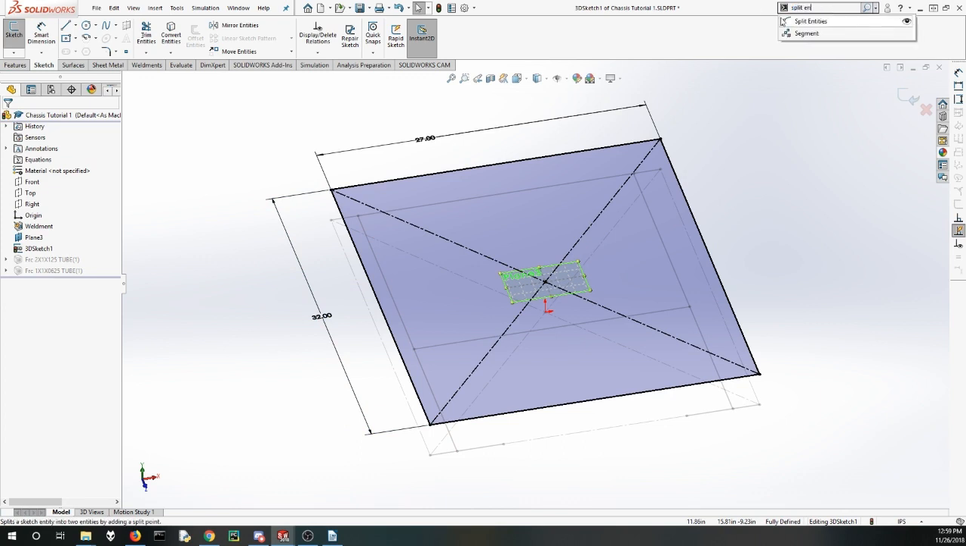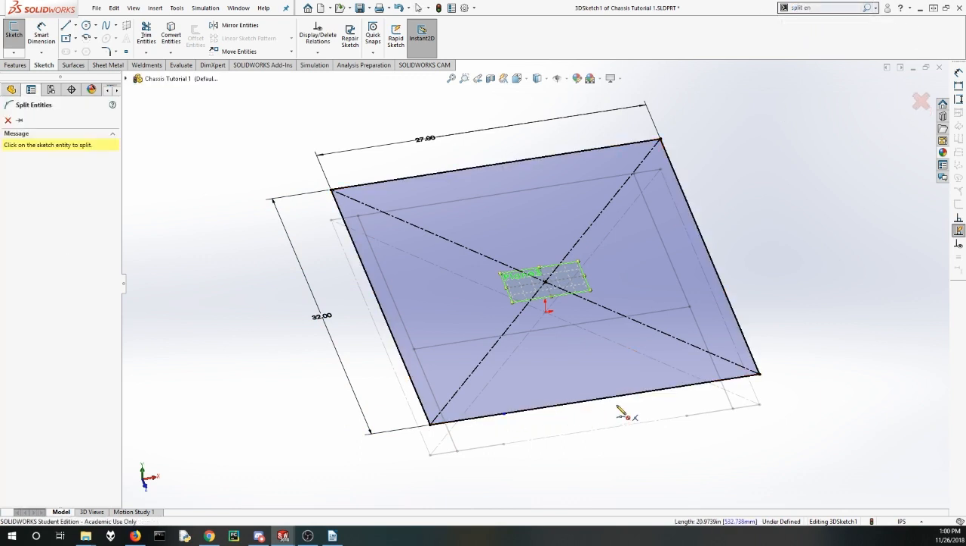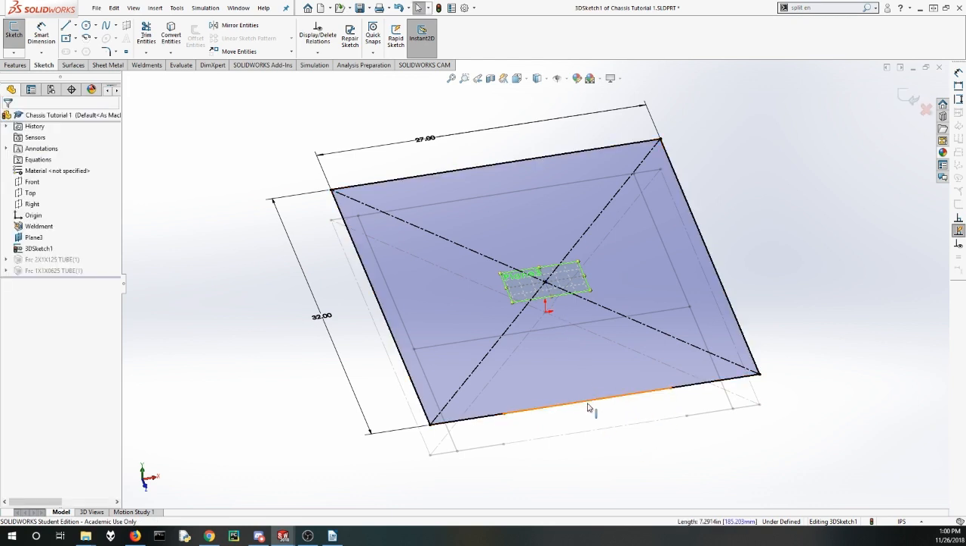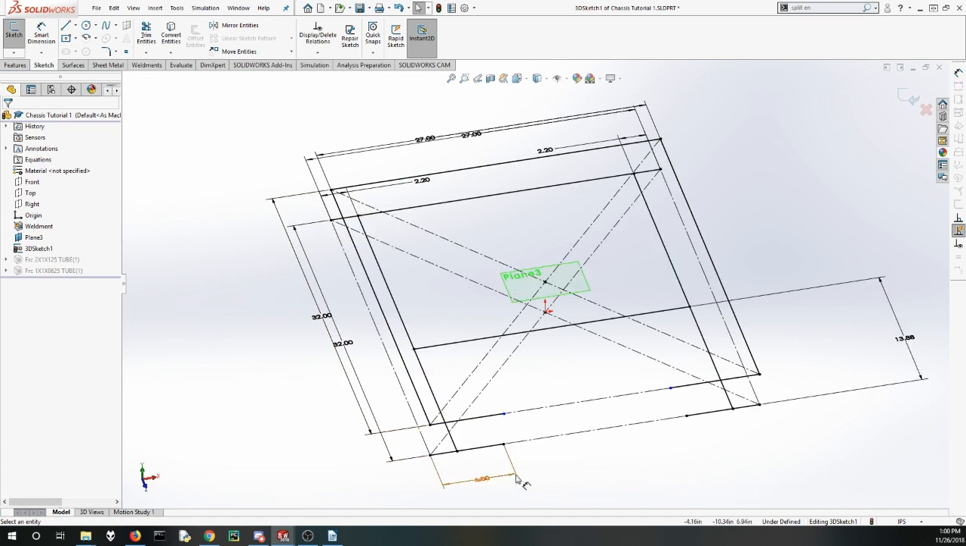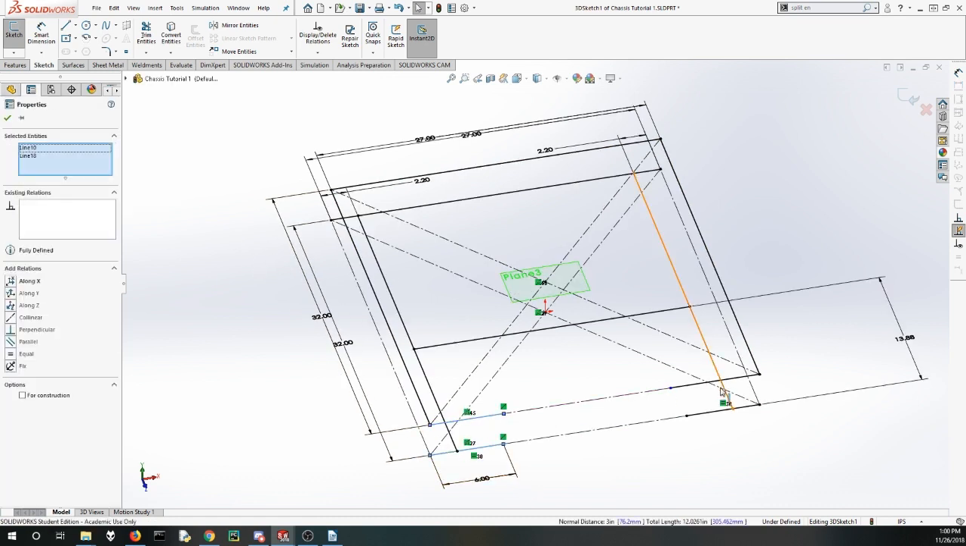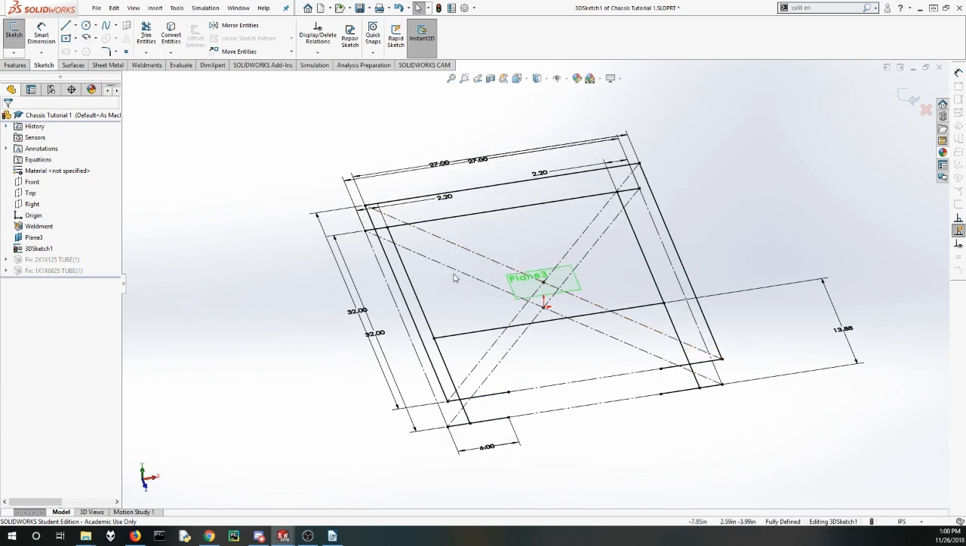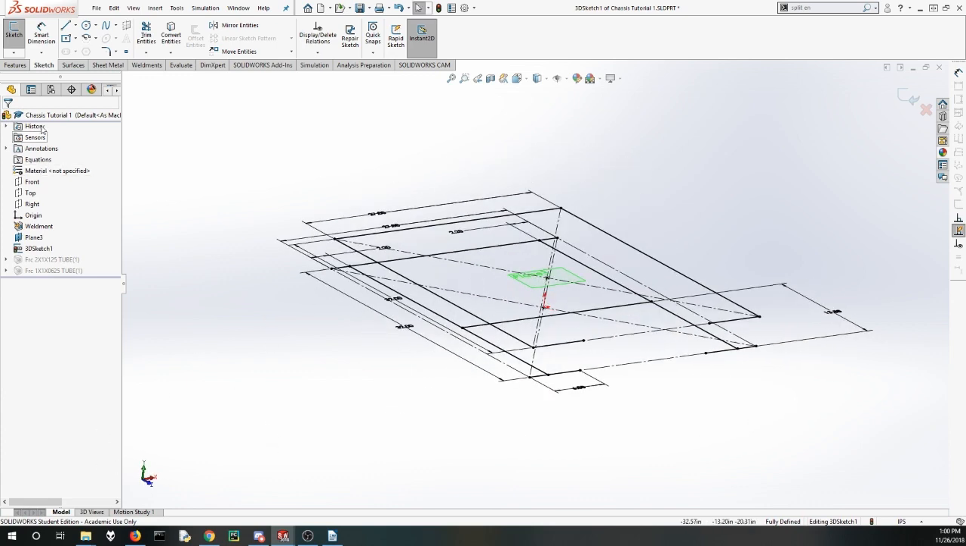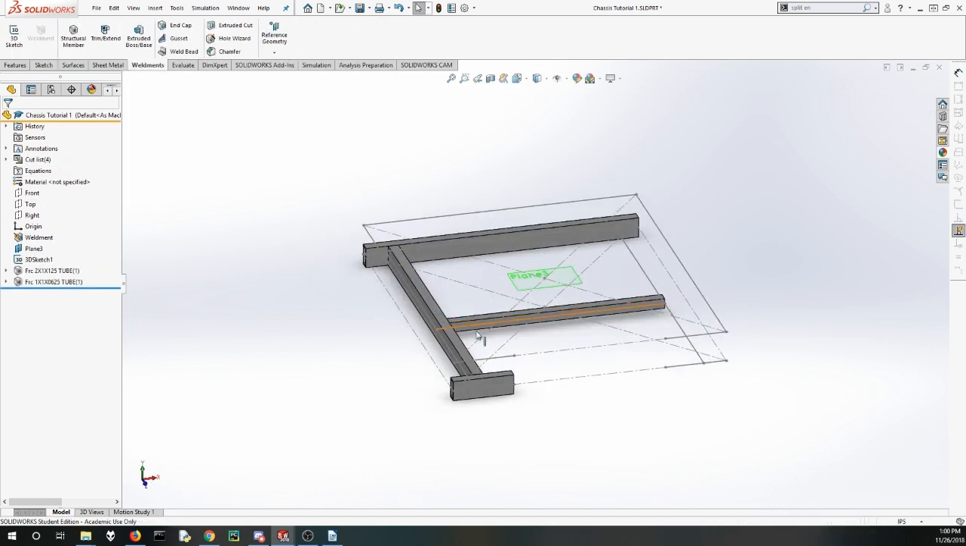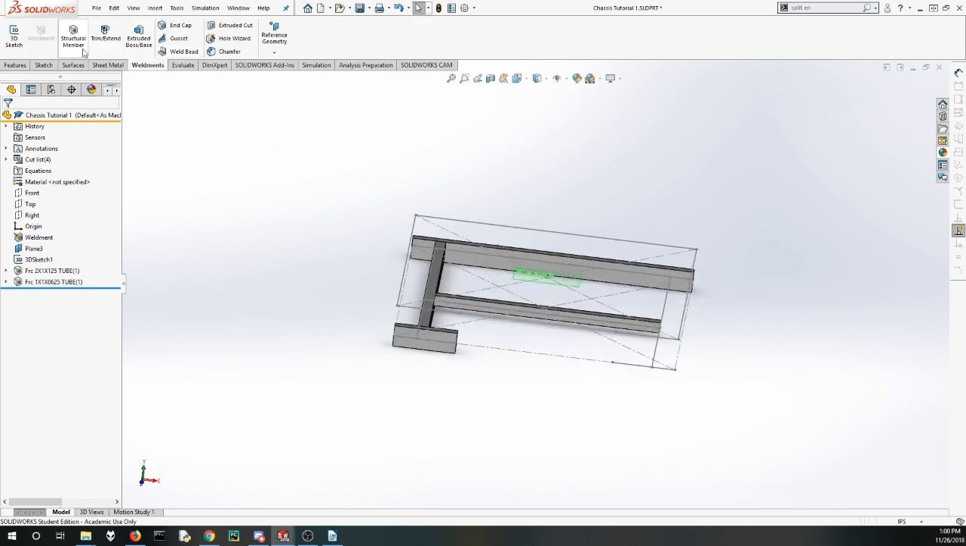I'm going to go back and split entities again to open up the front of this frame. Add construction geometry. Now what I'm going to do is set an equal constraint on all of these so they're all the same length. And that's everything we need now to create our second level. So I'm going to exit the sketch, and I'm going to go ahead and